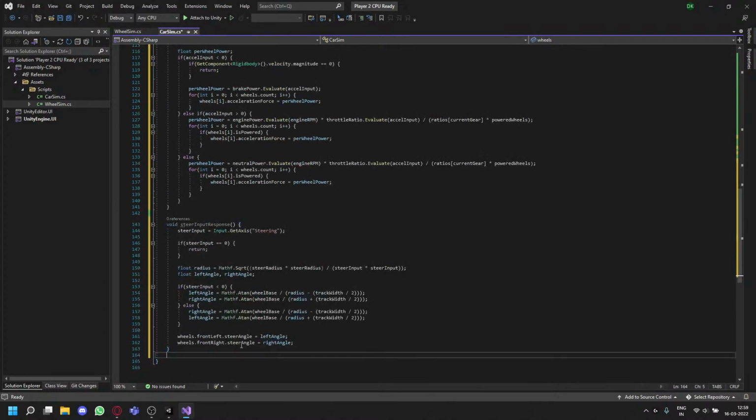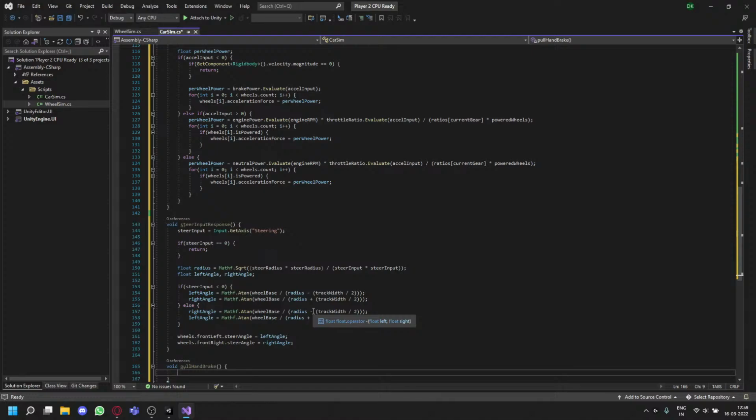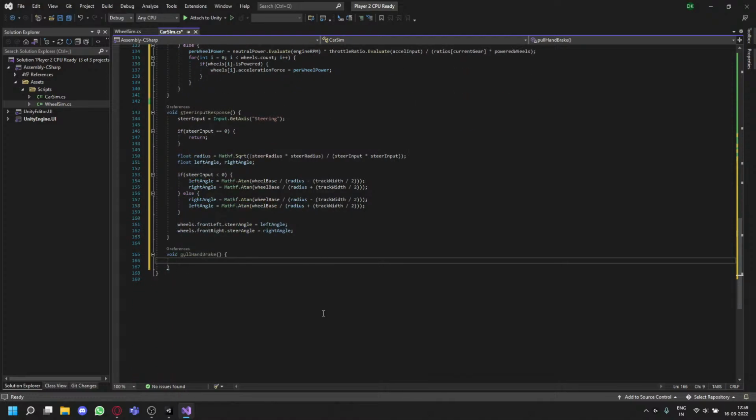Then we need to do the handbrake. Void pull handbrake. Handbrake is basically you're stopping the rear wheels only. Okay, so wheels dot rear left dot acceleration force. Alright, handbrake doesn't really work if the car is stopped. So if